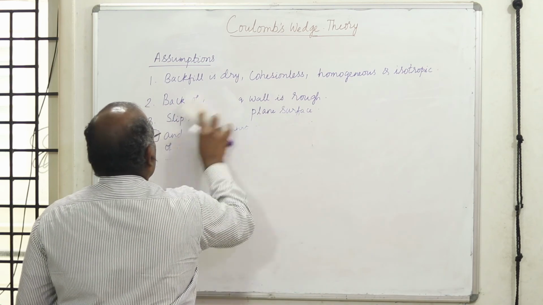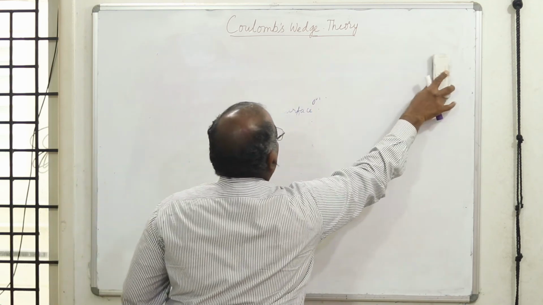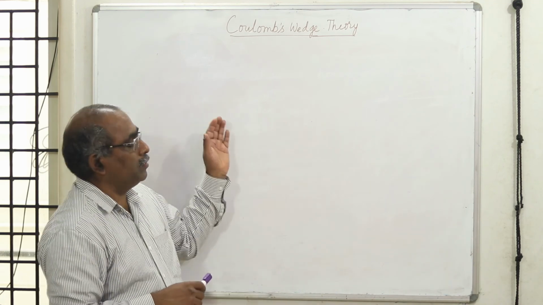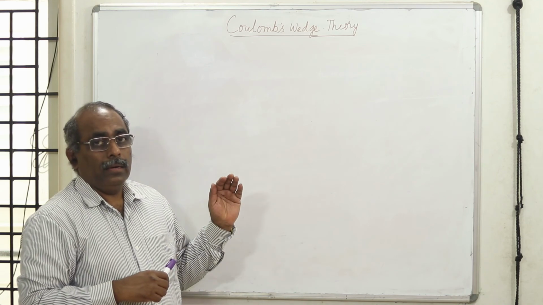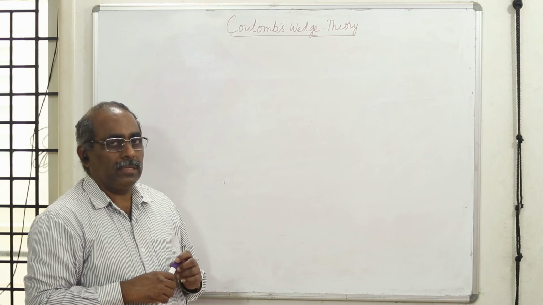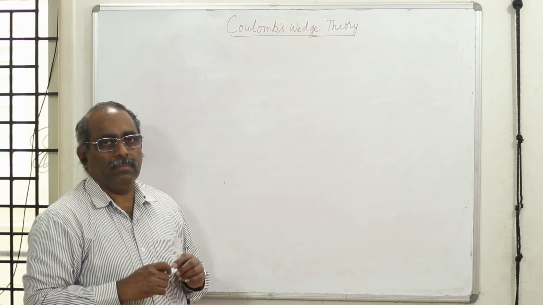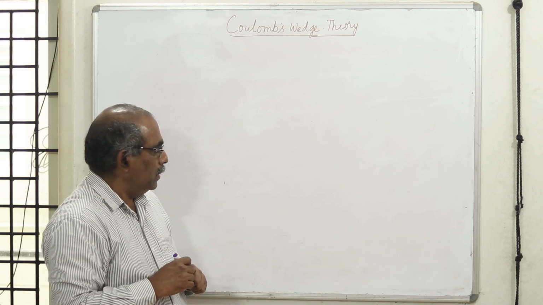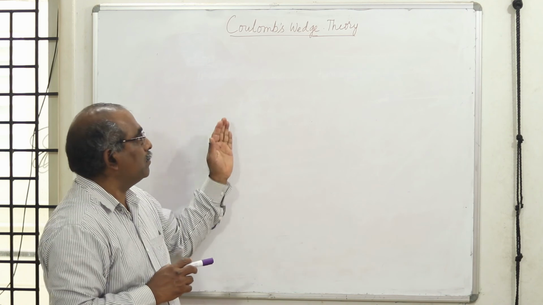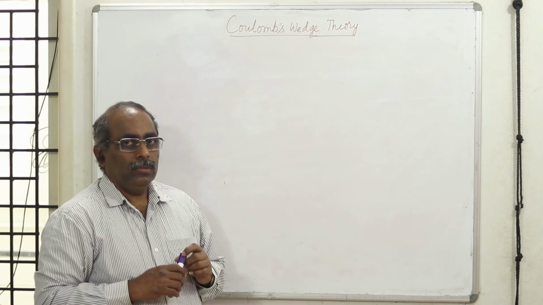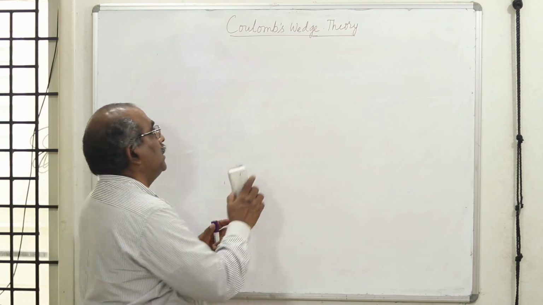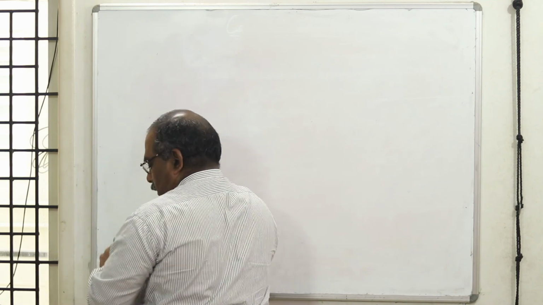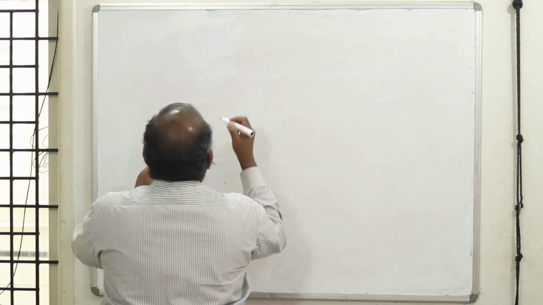With these assumptions, Coulomb tried to do the analysis and find the earth pressure. Using Coulomb's theory, Culmann's and Rebhann's graphical methods, which are very classical and very interesting methods, give the earth pressure very easily in a graphical way. Now let us try to find out what the essential condition is for the thrust to be maximum. What is the essential condition for the lateral thrust to be maximum?